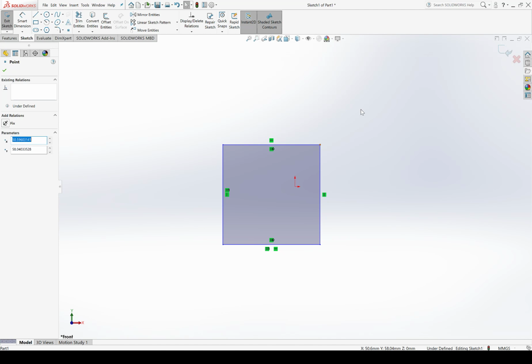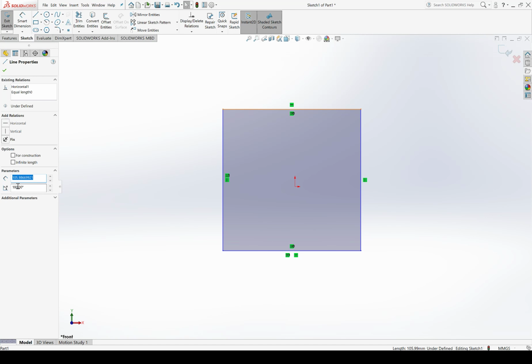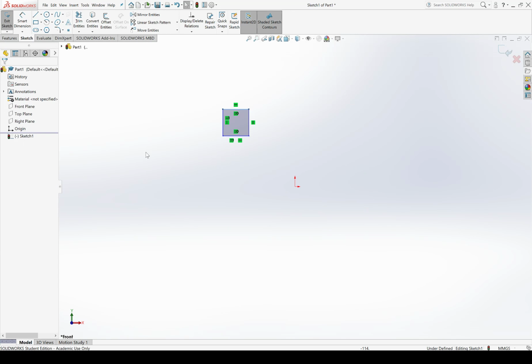If I want to specify a length, you're probably going to be tempted, when you click on line properties, to add in a length under the parameters here. You'll notice that one of my options for line property is length. If I were to put in, say, 20 millimeters here and hit enter, it has resized the square to make that 20 millimeters. However, because that's not defined,